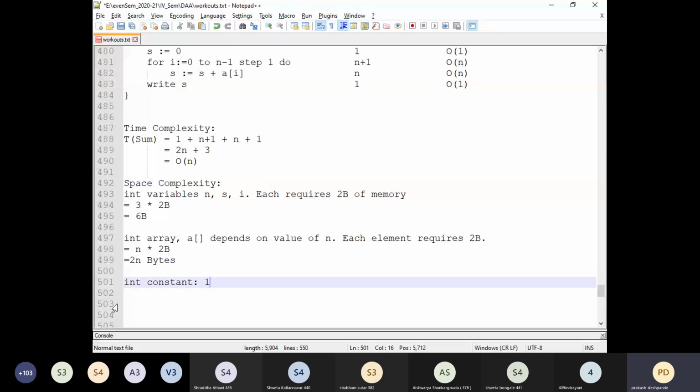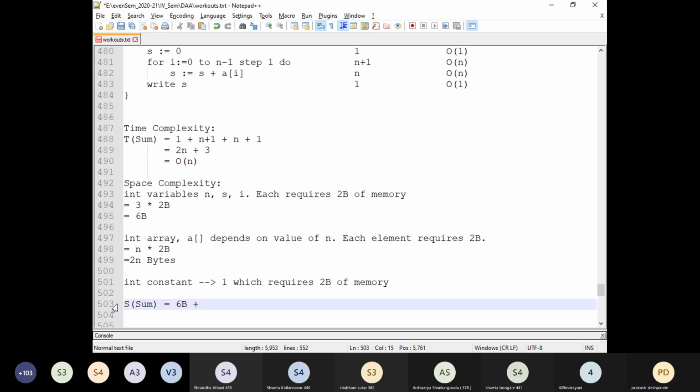Okay, so now here, integer constant 1 requires 2 bytes of memory. For the total space complexity, I can write S of sum equals 6 bytes plus 2 bytes plus 2n bytes.